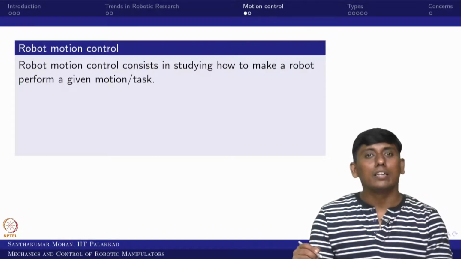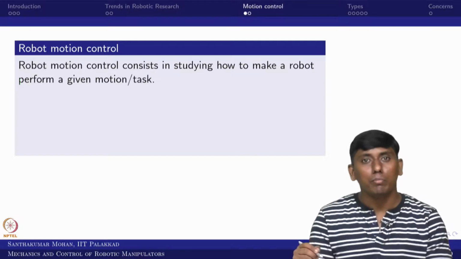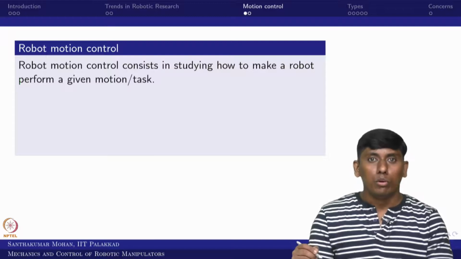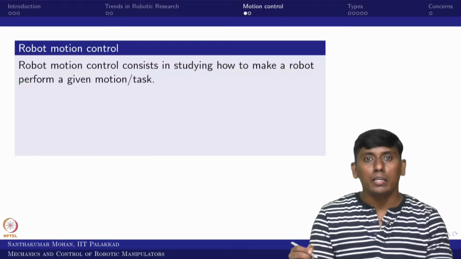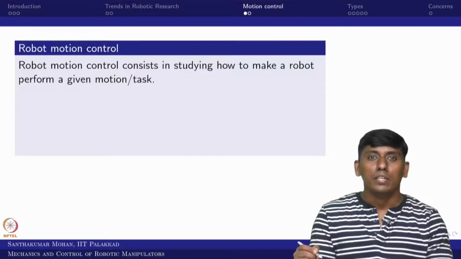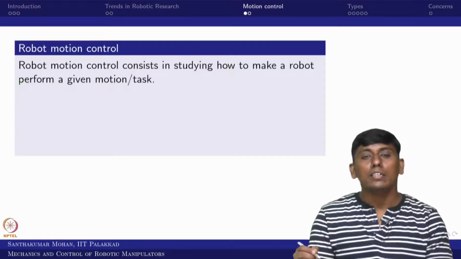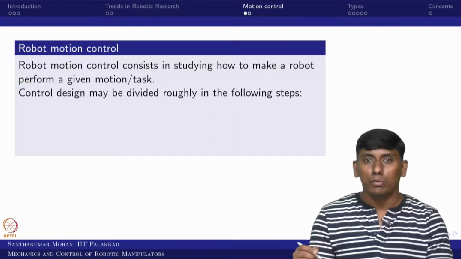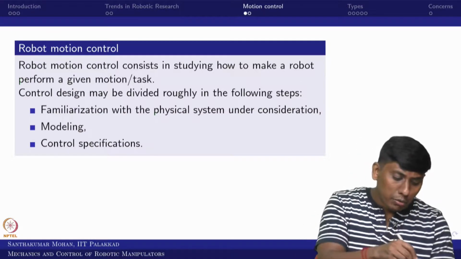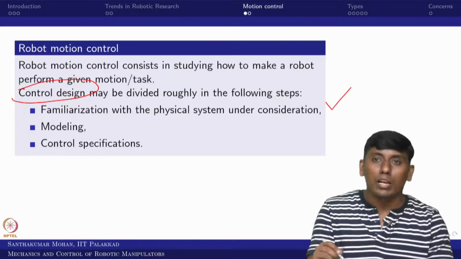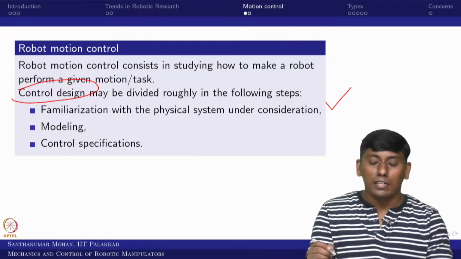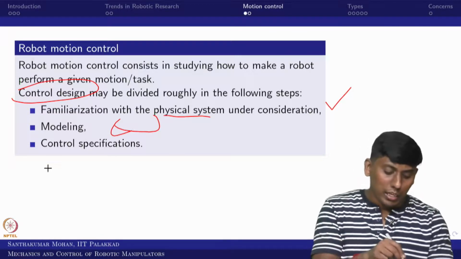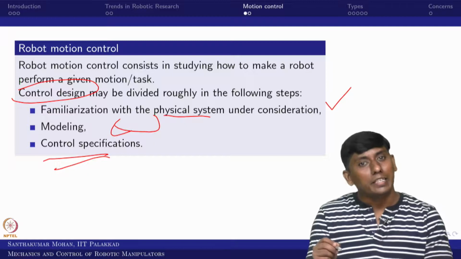But before doing that, you should familiarize yourself with the environment and the task. You should know what you want to do with the manipulator and what your system is. Then you can make the control specification, and come up with the objective. If you think about control design, first you have to understand the physical system, come up with a proper model, and then define your exact need.